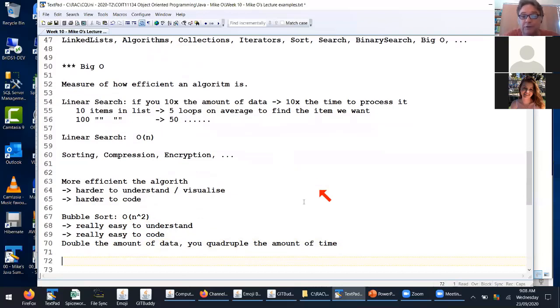So if you're sorting a lot of data, like millions of records, bubble sort, probably not going to do it, you know, and not in a reasonable time anyway. You might need to let it run overnight. Okay, but then you've got other sort algorithms like tree sorts, merge sorts,